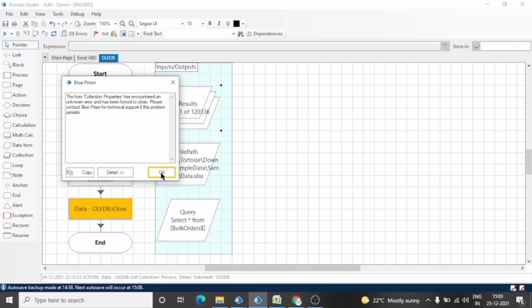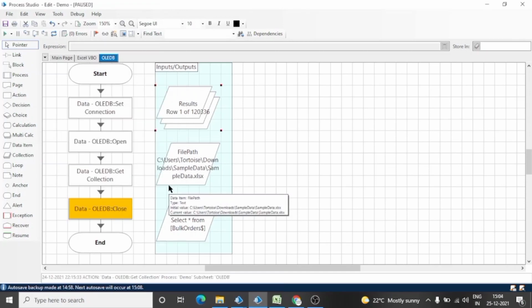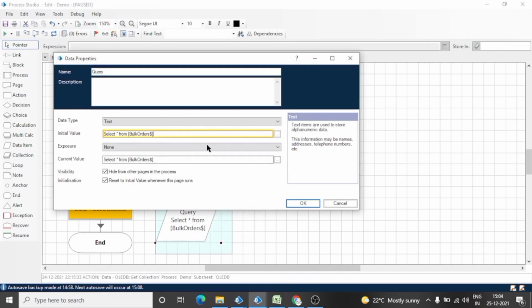For example, if your sheet has 1 lakh rows and you want to read and access all those rows, then you have to just apply these kinds of SQL statements.